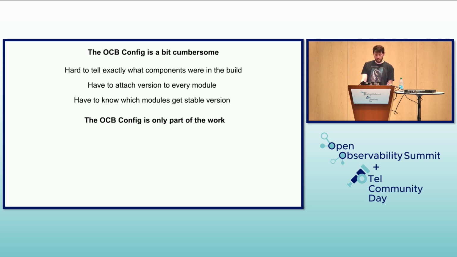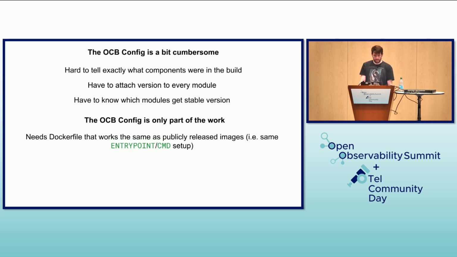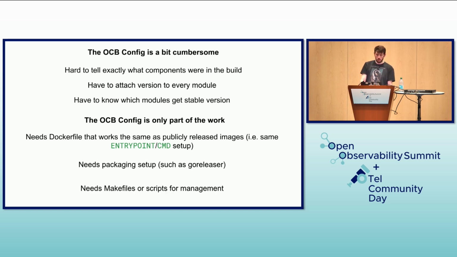And I also found that managing multiple distributions of the collector was more than just that OCB config. It really didn't answer all the questions. Like, you need a Docker file for it that matches what upstream does, and that I found not to be standardized. We all kind of happen to use the same entry point and command setup, and then it all kind of works. And you also want something like Go Releaser to handle packages if you're distributing binaries,